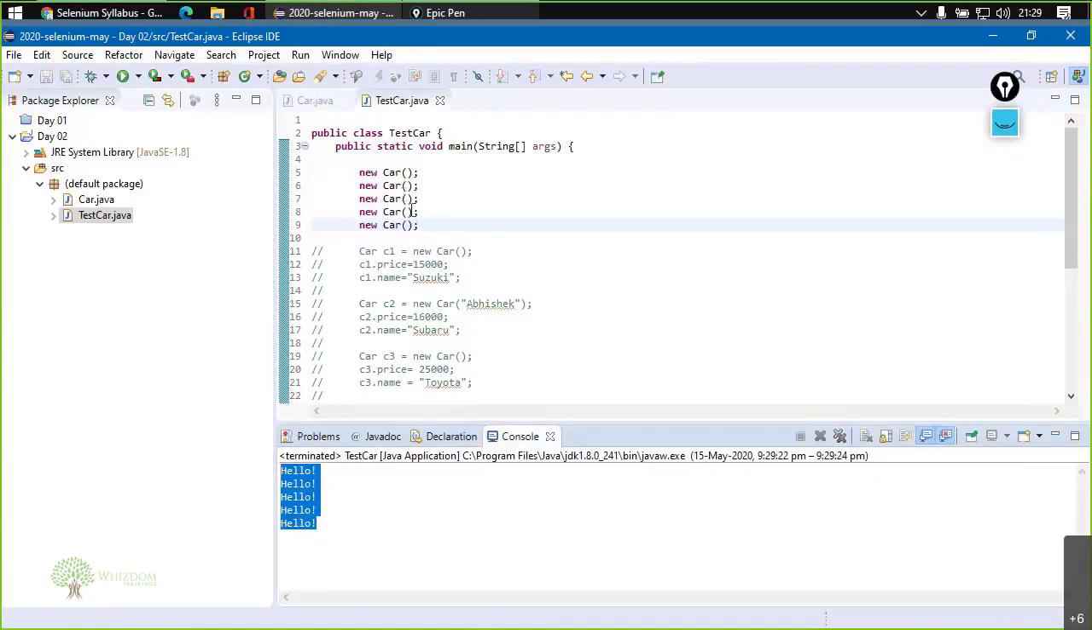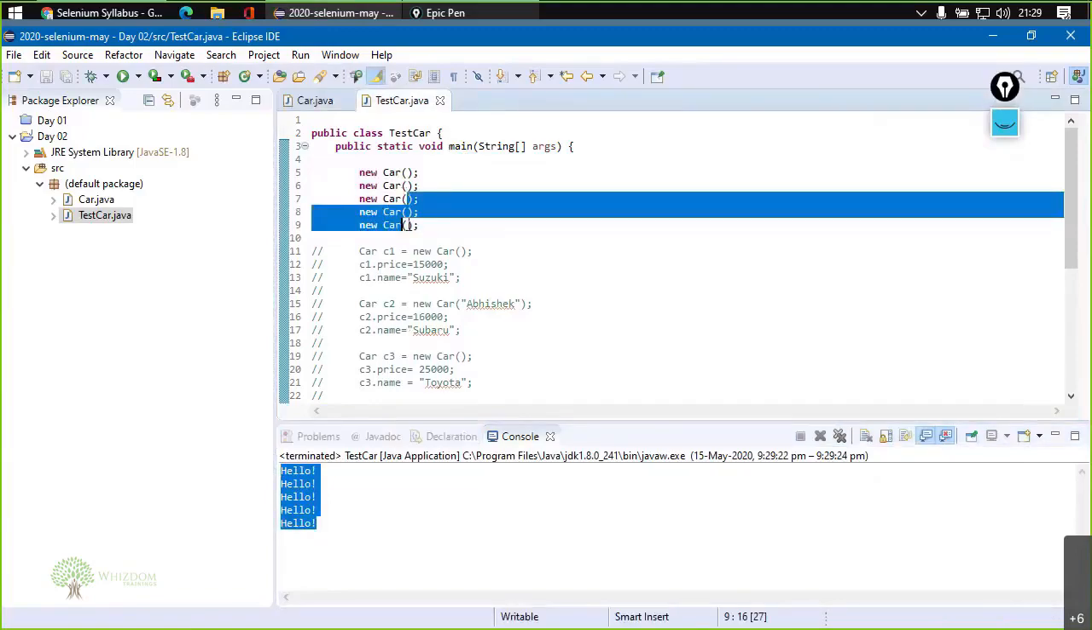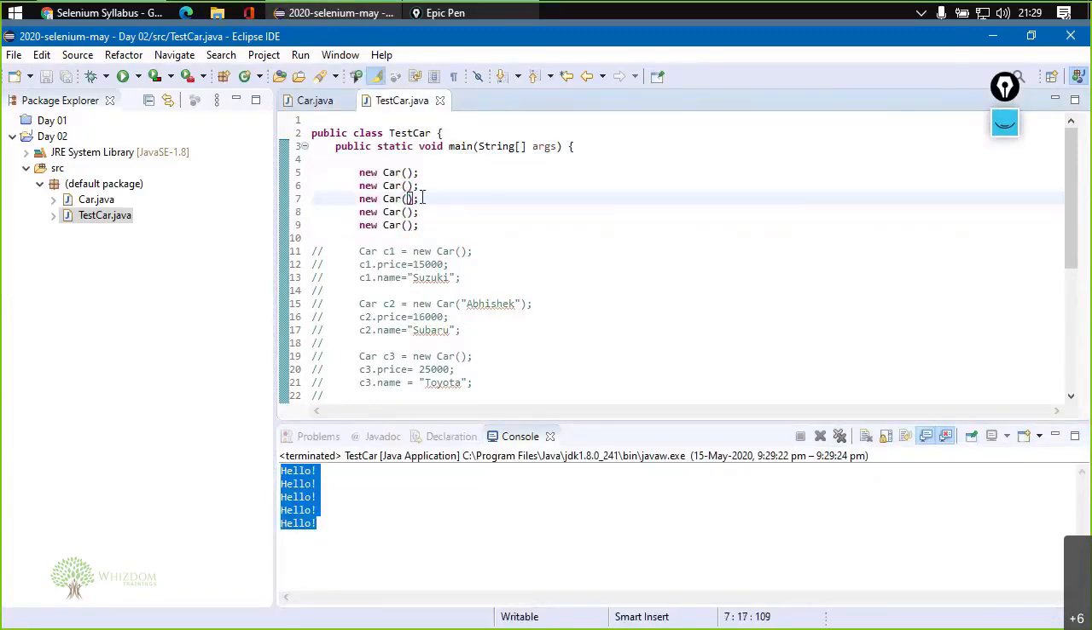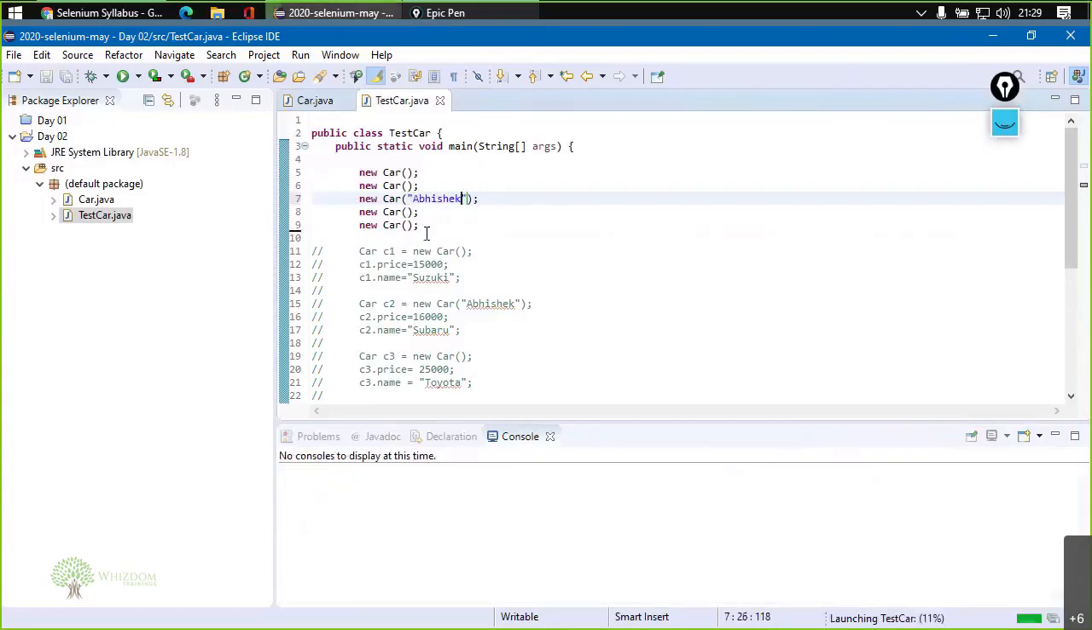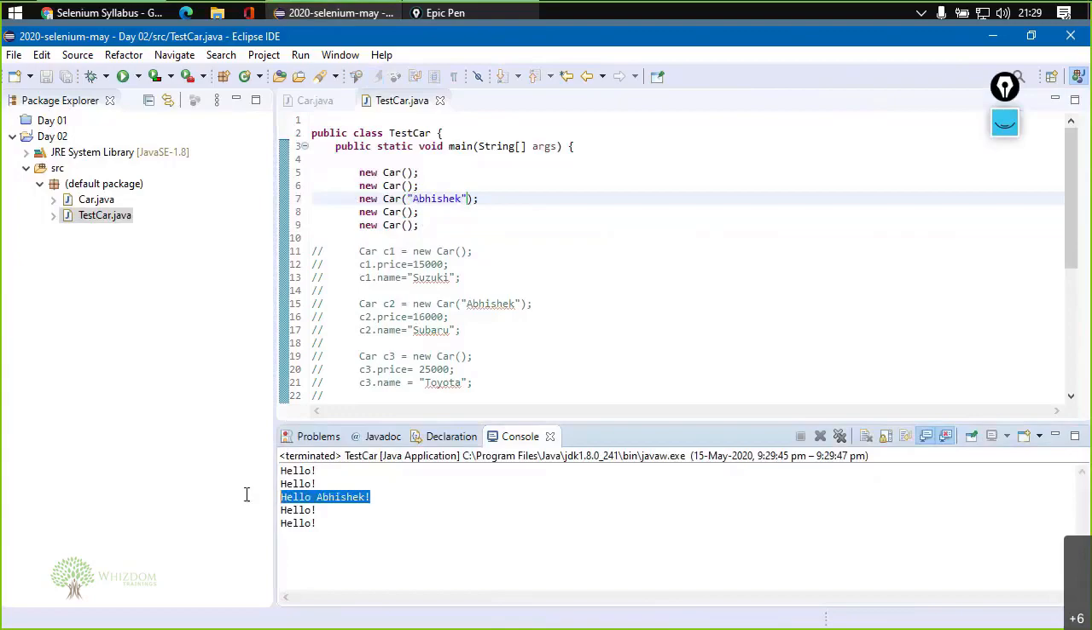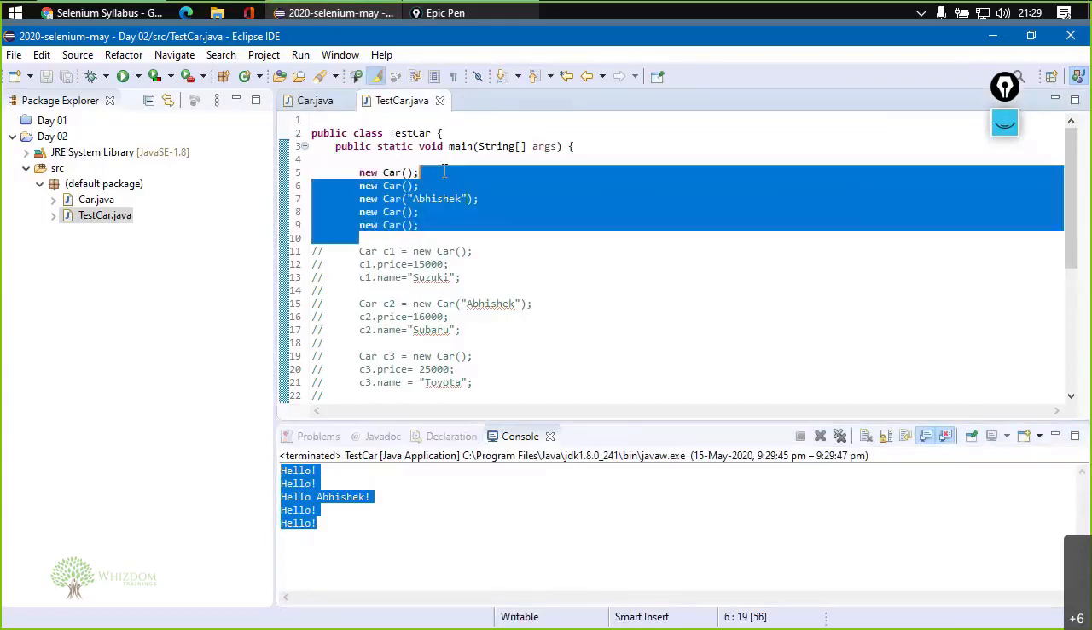Whenever we create an object, a new object will be created. Whenever we call this line, a new object would be created. I can parameterize this constructor as well. I can parameterize the data here as well. Say Abhishek. Control F11, and you guys can see that hello, hello, hello Abhishek, hello, hello. So this is done. Now over here, coming back to this car part,